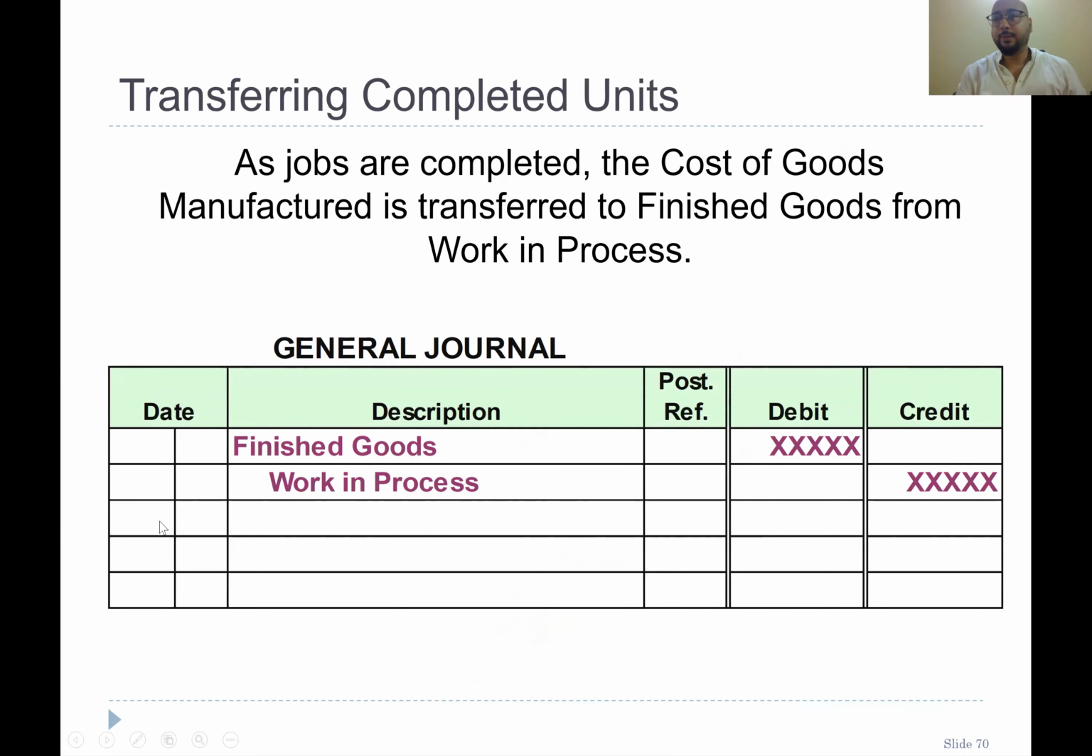So when you transfer from work in progress to finished goods, the entry would be finished goods increase, work in progress